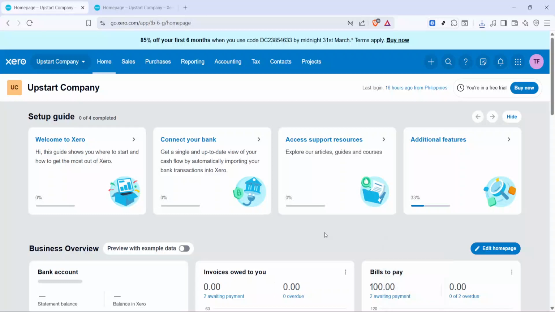In today's video, I'm going to teach you how to create an invoice for an existing customer in Xero. By the end, you'll feel confident creating a clean, accurate invoice that's linked to the right customer with all the key details in place. Start on your Xero dashboard and look for the plus icon, usually found at the top